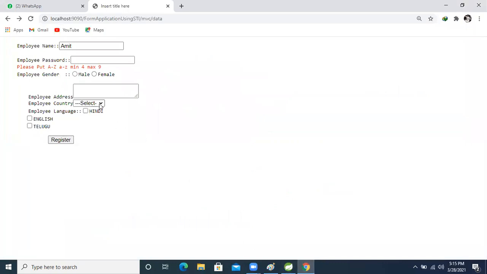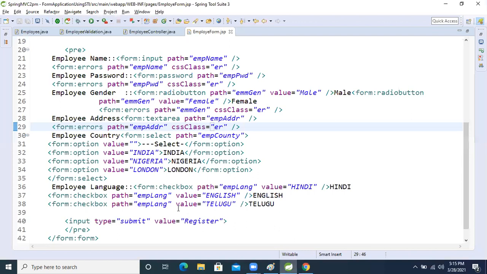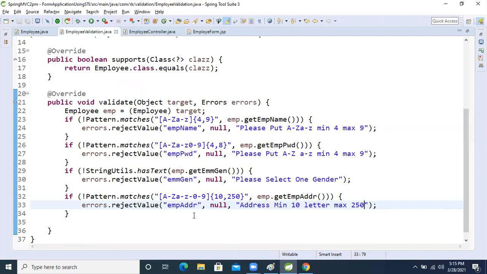After that, one more select button is there. Select country is the select button only, right? It should not be empty, we must send it. So for that we will again use the utility class. Come inside that validation.